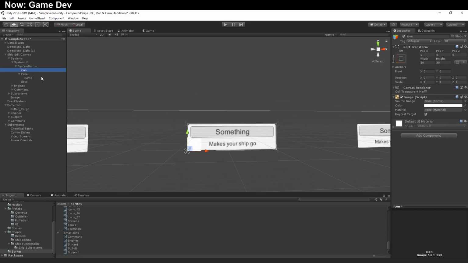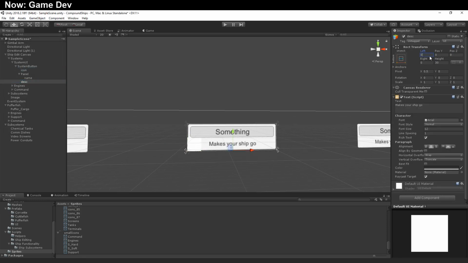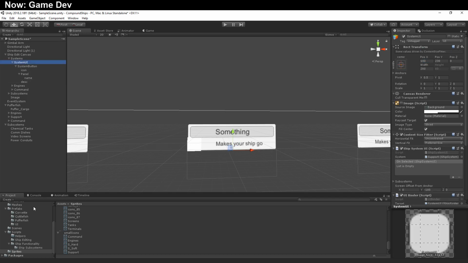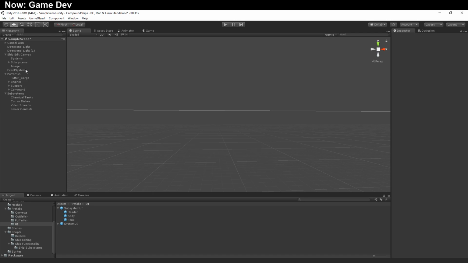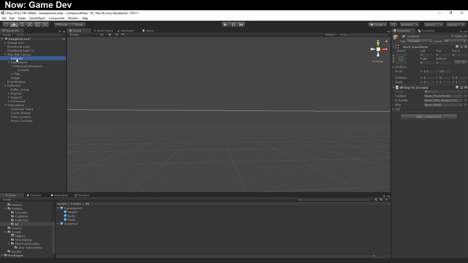And then we're going to move the description over a little bit. There we go. So with that in mind, this system UI can be saved and then deleted. And then what we'll do is we will start to add that to the setup here. There you go. Now when I hit play,